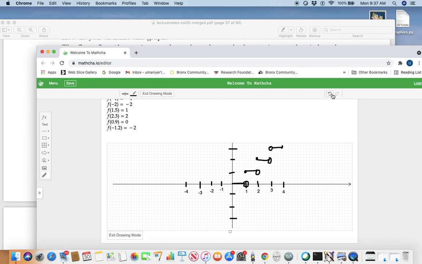Whoops, I made a mistake. This is a filled-in point at 3 and open here. Likewise, on the negative side, negative 0.5. What is the greatest integer less than or equal to that number? Negative 1. So I get height negative 1 here and 0 here. Negative 2 here and nothing here. Negative 3 here and